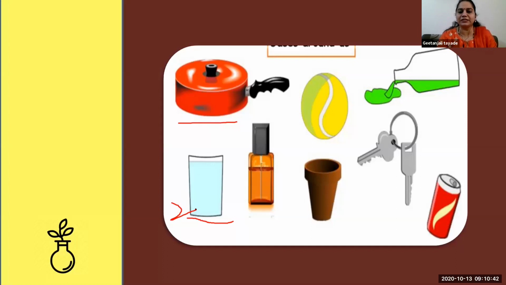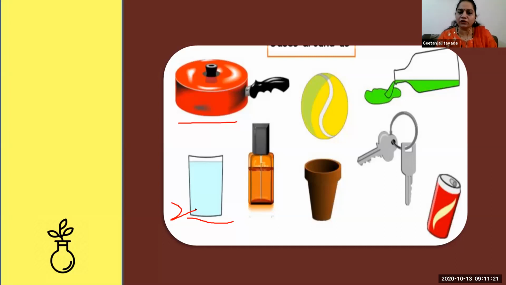So why don't you feel that this may be plastic also? Because in our home there was no utensil of plastic. Okay, there is no utensil, but the glass may be made up of plastic also. When you pick up that glass, if it is very lightweight, then you come to know that it is made up of plastic. I thought it was a glass one. If that glass is a little bit heavy, then you come to know, oh, it is glass.